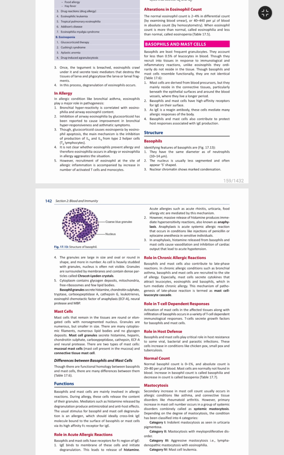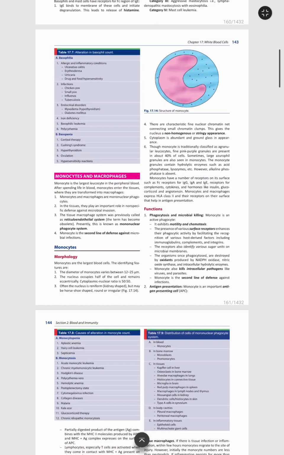Now IgE is responsible for allergic reactions. So IgE binds to the membrane of these cells and initiates degranulation. This leads to the release of histamine. Massive release of histamine initiates anaphylaxis. So role in chronic allergic reaction, role in T-cell dependent. So then let's come to